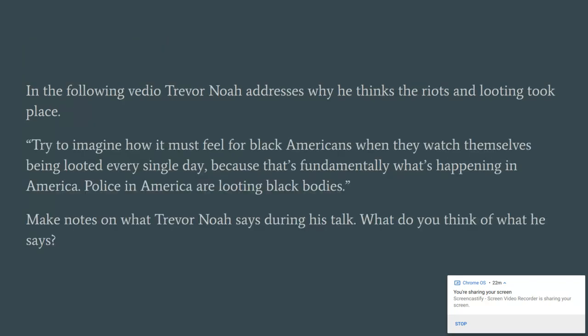Which leads on to Trevor Noah. Trevor Noah presents TV programs in America. He speaks about a vast amount of different things, and he's done an awful lot recently in regards to racism in America. And we're going to have a look at a 20-minute episode of him talking about racism in America, him talking about George Floyd, and him talking a bit about the riots and the looting and trying to explain why it's happening. And he speaks about this idea of society,